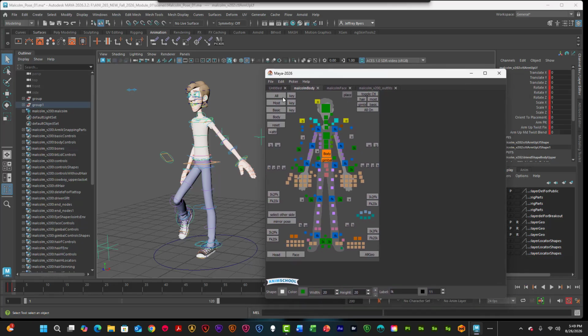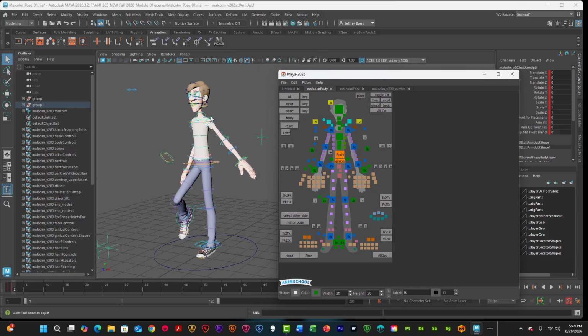And what we can do then is create our own shelf of just the basic controllers that we use when we animate Malcolm, so we don't have any issues with that anymore. So we'll look at that as we move along. But I think it's a glitch in the actual GPU. So anyway, continue just kind of posing your character,